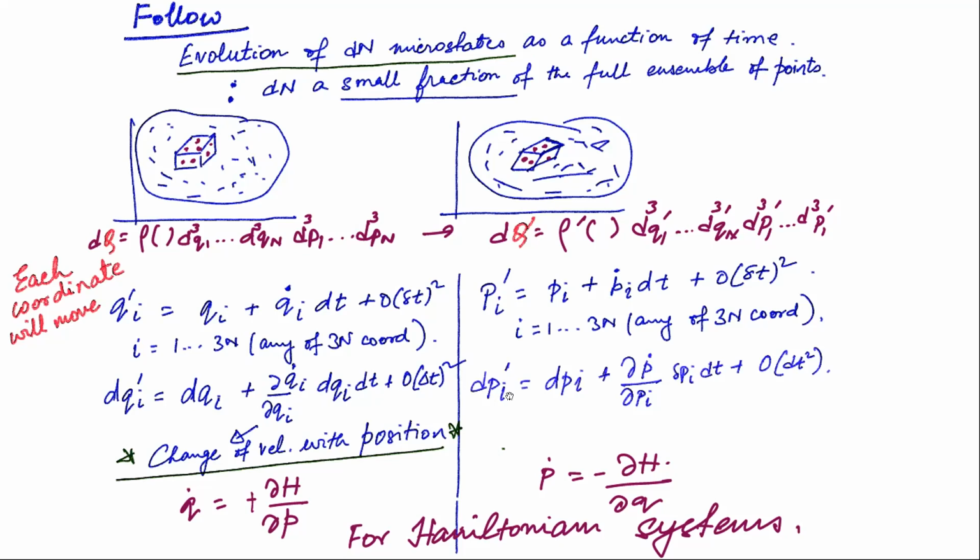And similarly, thinking very similarly, we can also write dp_i dash equal to dp_i plus how does p dot change with p_i, into delta p_i dt, into higher order terms. Right, now del q dot. Now q dot can be written as del H del p, and p dot can be written as minus del H del q, because they are obeying Hamilton's equation of motion. We are considering only those systems which are Hamiltonian systems